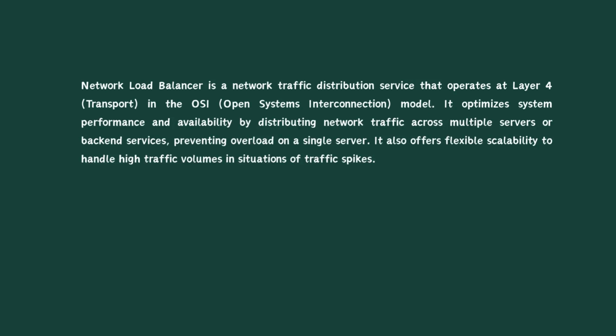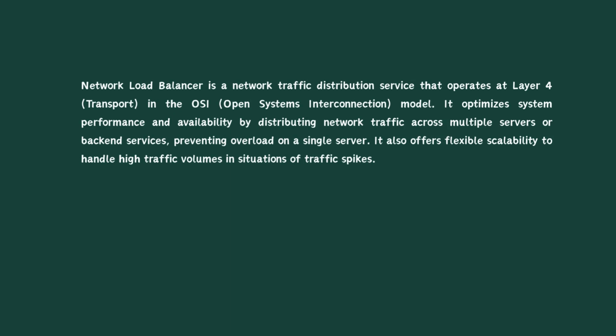Network load balancer is a network traffic distribution service that operates at Layer 4, transport, in the OSI, Open Systems Interconnection model. It optimizes system performance and availability by distributing network traffic across multiple servers or back-end services, preventing overload on a single server. It also offers flexible scalability to handle high traffic volumes in